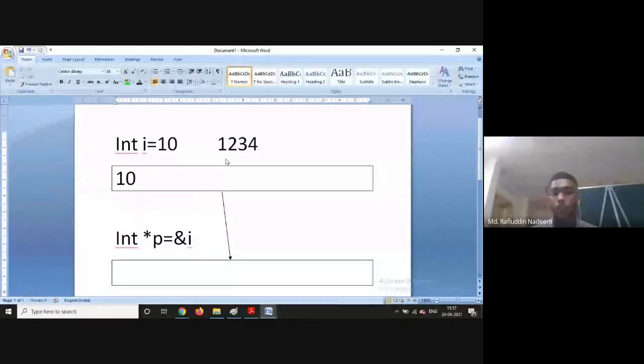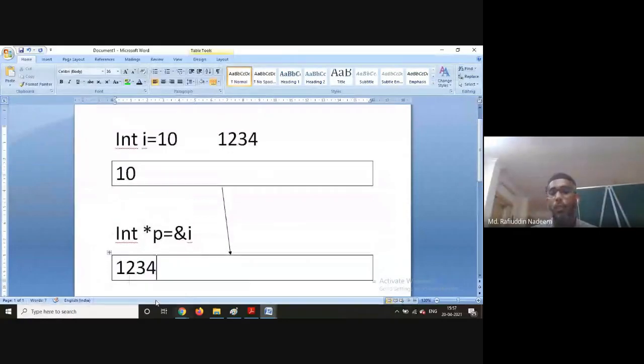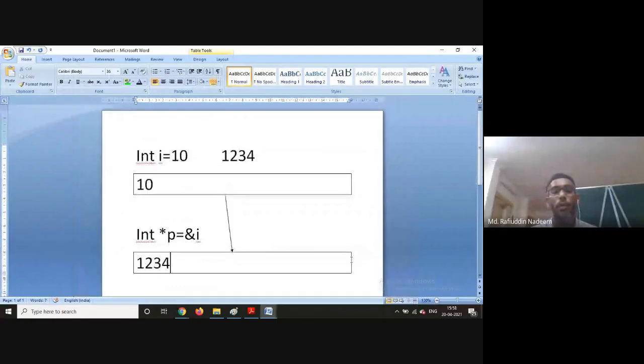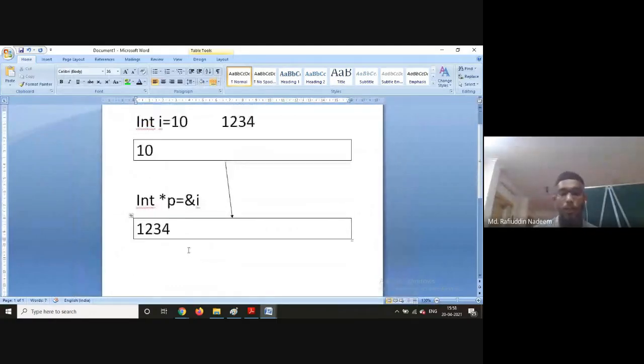Now this contains 1234. Now the concept here is you have a double pointer: int double star dp equals ampersand of p.